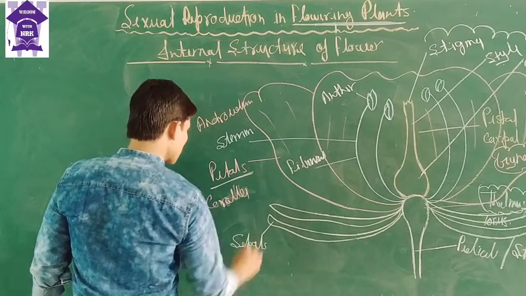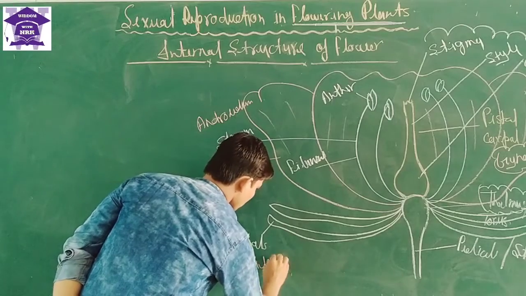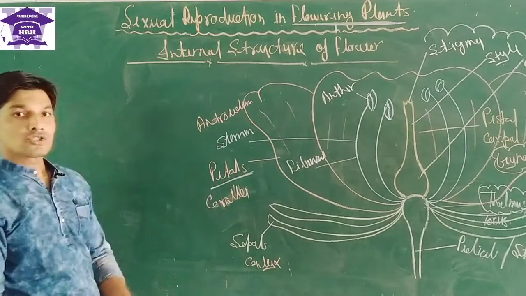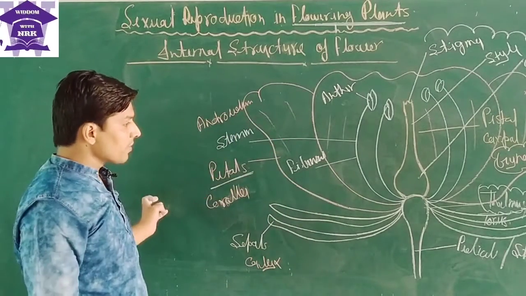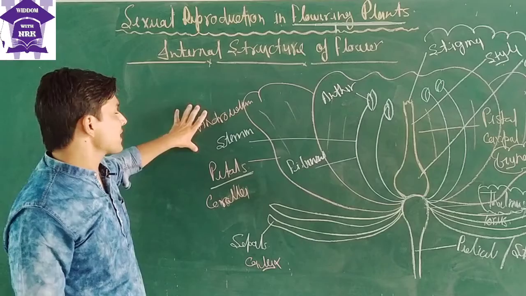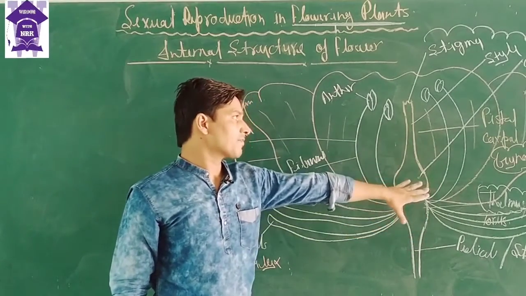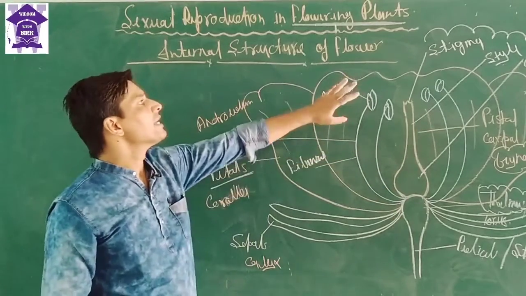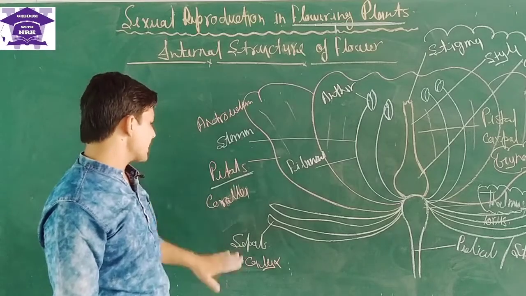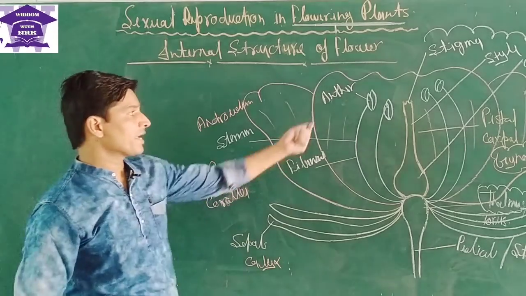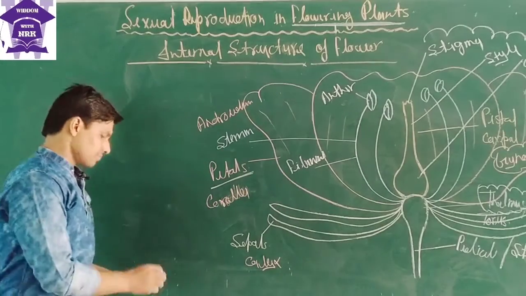Corolla. And the group of the sepals is known as the calyx. What is called calyx? So this is the internal structure of the flowers. But just now we will reach some specific characteristics of all the units: what is the function of pedicel, thalamus, what is pistil, and what is stamen, and also we will talk about the petals and sepals. So you will make a diagram, students, and now we will reach some other structures and functions.